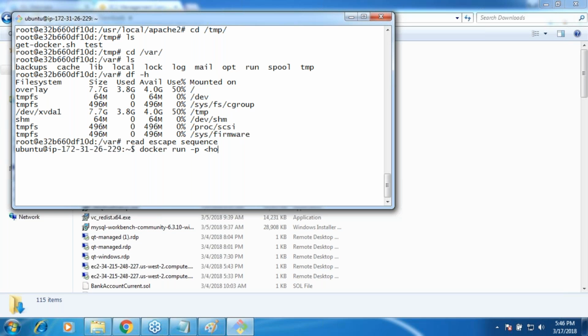This is your host port colon container port. Now what I'm trying to tell you is that if someone goes to the host port, indirectly there is a virtual loopback kind of connection created between these two. So if you connect on a host port, you are intermediately going and hitting the container port.